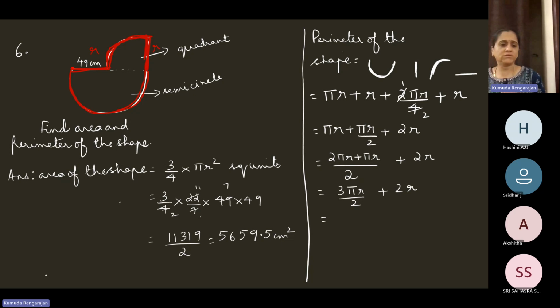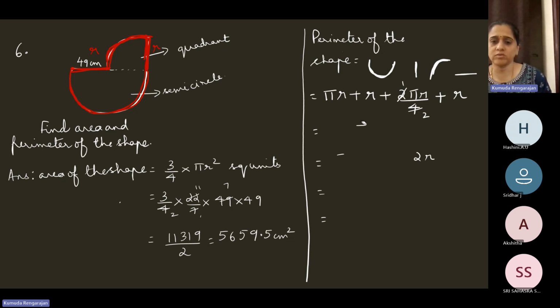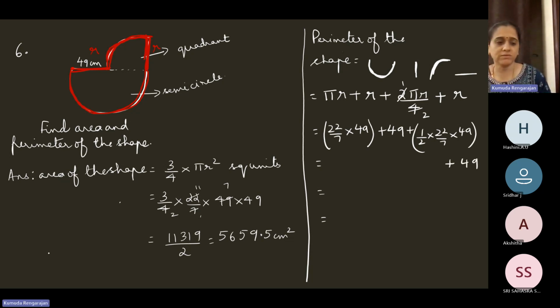Or if you don't want to take LCM like this, you can directly substitute. 1 minute. You can also directly substitute. Not that you have to go through LCM. Just put the values like this. So what is pi? 22 by 7 into r 49 plus r 49 plus 1 by 2 into pi is 22 by 7 and r is 49 plus that r 49. Okay. Equal to 154 plus 49 plus